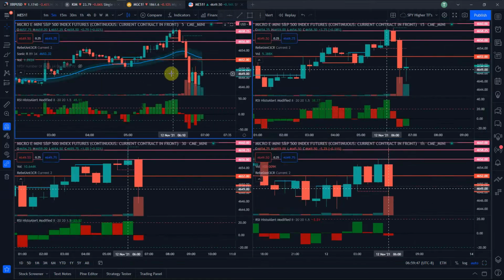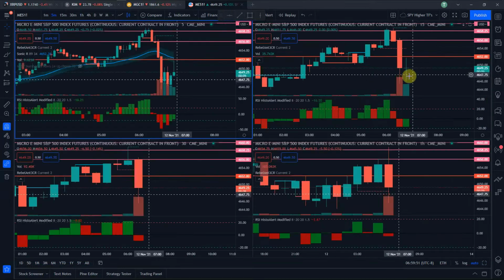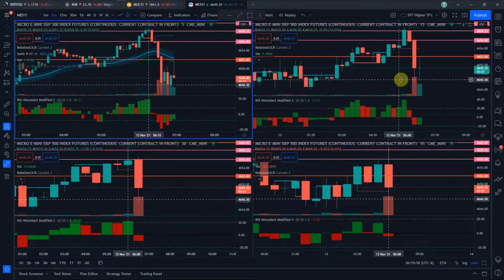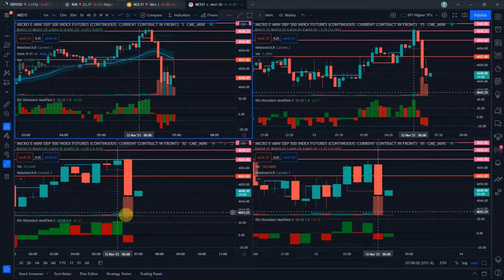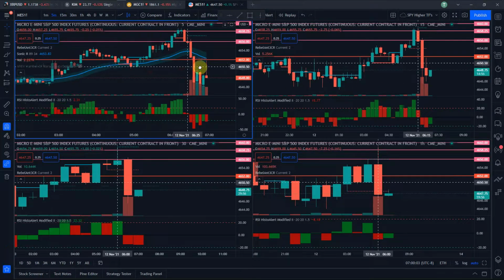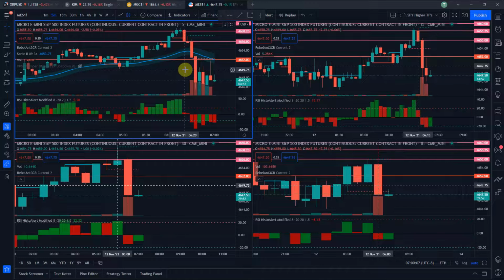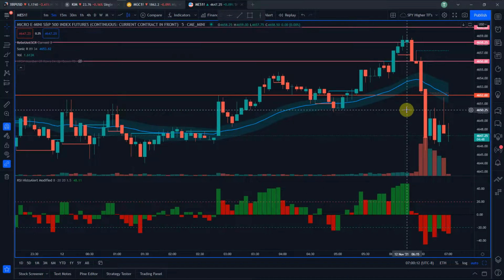But when you look at the 5-minute chart, and this is why you need to go through every time frame, because every single time frame puts the pieces of the puzzle together. You can't just look at one time frame and trade off of it. But once you start looking at the lower time frames, you would have noticed just how extended we were getting on this run up. And so alongside divergence, we also have overextension, which is a